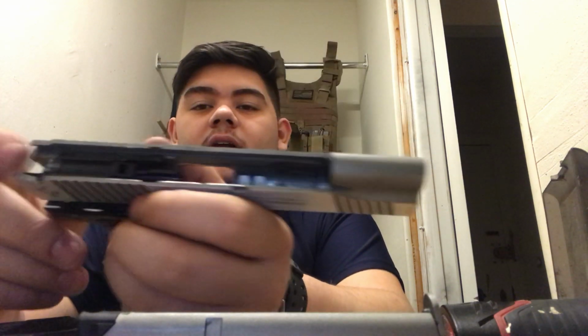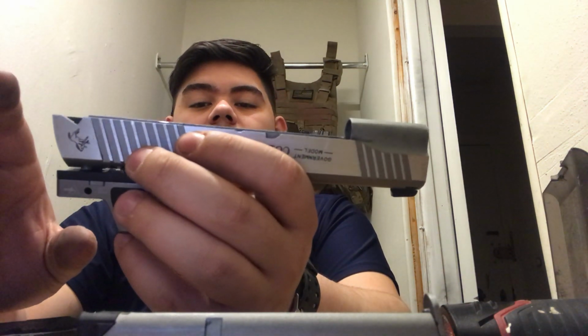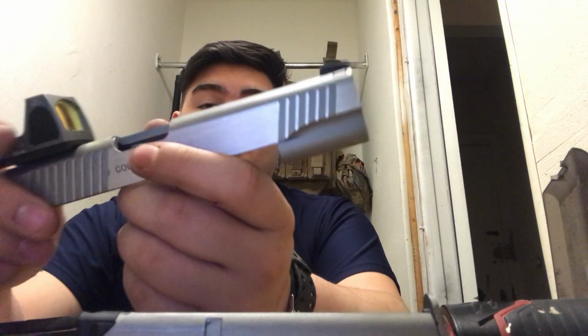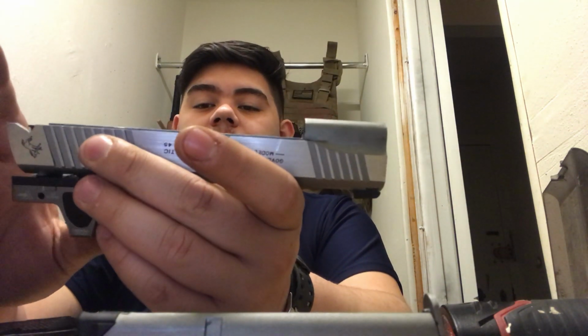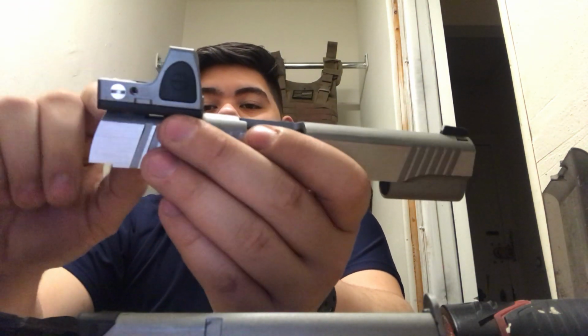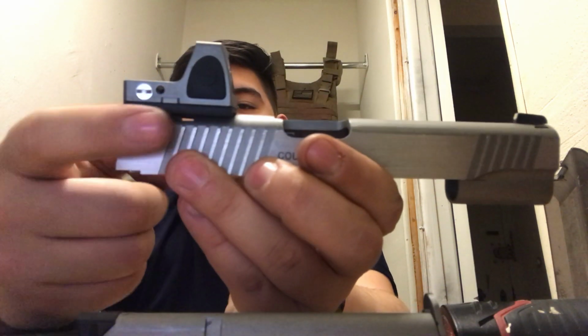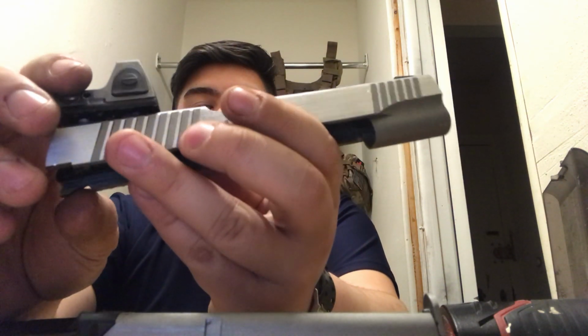So yeah, pretty much what I did is you can take out the whole rear nozzle assembly with that one hex screw in the back here, the firing pin. Take that apart. There's a Phillips screw that you take out that takes out the old original rear iron sight. And then pretty much you have a flat surface on the top where the rear sight was. I filed down the mount a little bit so it sits nice and flush on here,